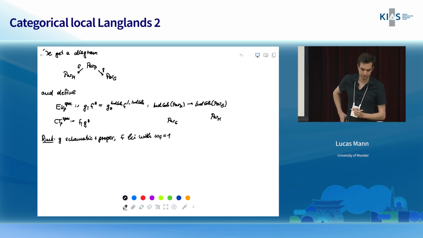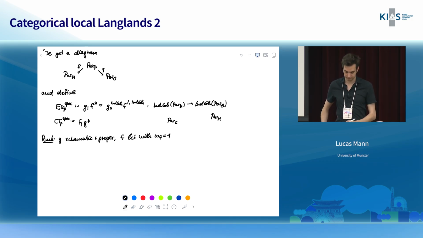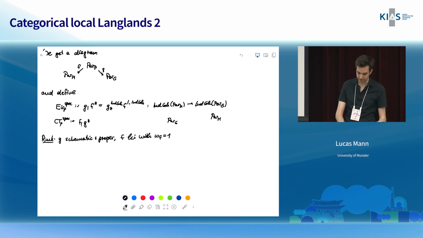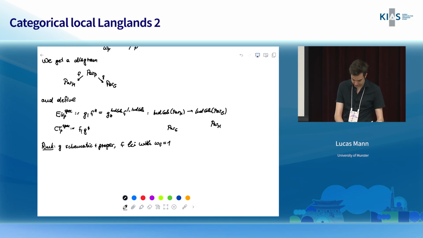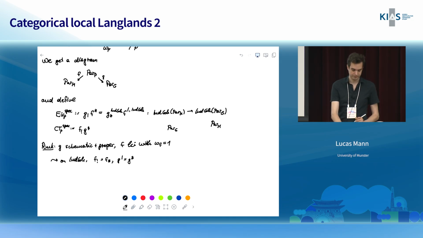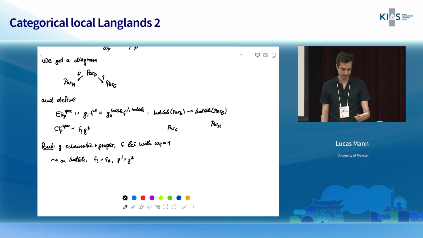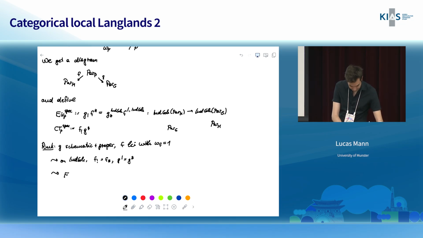From a maybe formal perspective, writing it in terms of the 6 functors is quite useful, because we will see later that that's the language that we need for this geometric lemma. But really what's happening under the hood is something pretty simple. If I stay in the 6 functor language, I can also phrase this as follows, namely that f lower shriek is equal to f lower star, and g upper shriek is equal to g upper star. In terms of the 6 functor formalism, this follows from these properties that I wrote before, and this immediately implies that in fact this Eisenstein functor